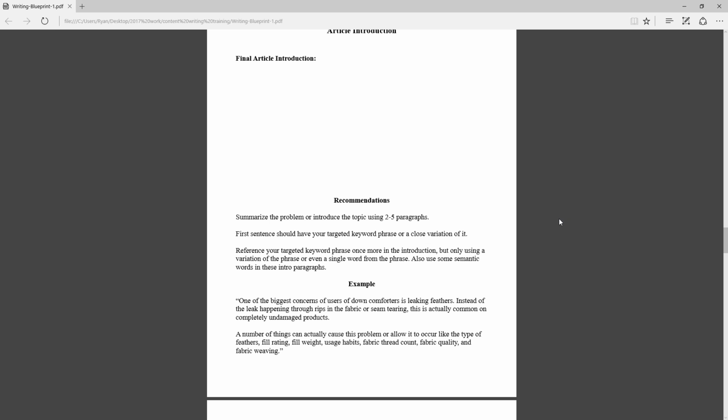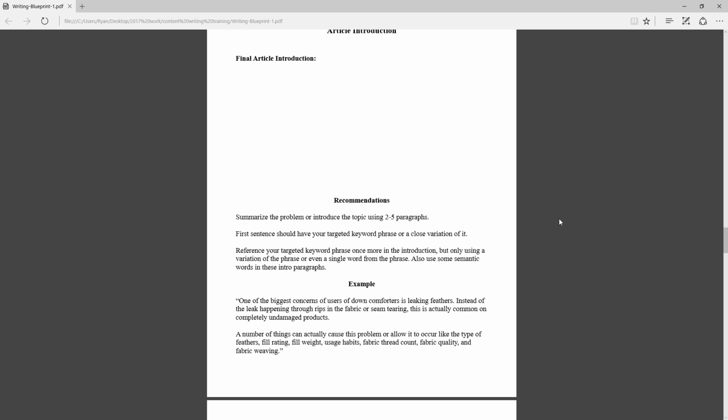A lot of times this will be a couple of paragraphs long. 2 to 5 is a good range that I like to provide. And this introduction is basically just going to tell people what to expect from this article.